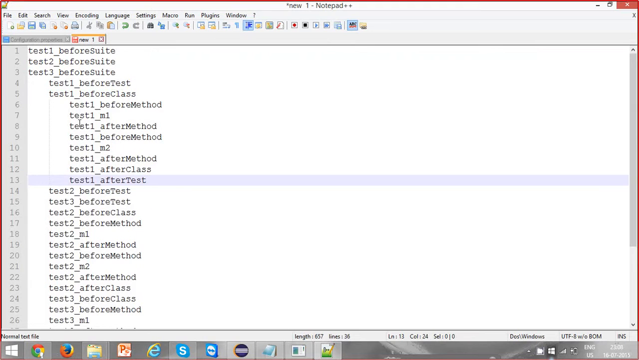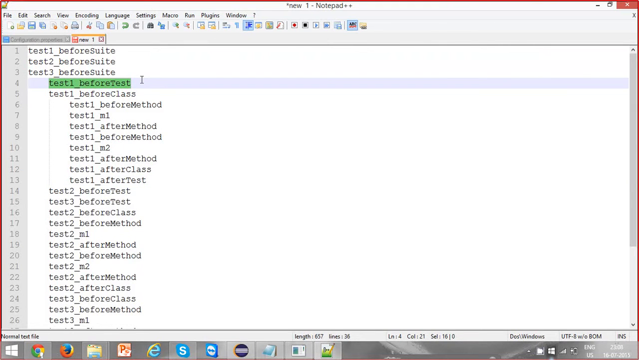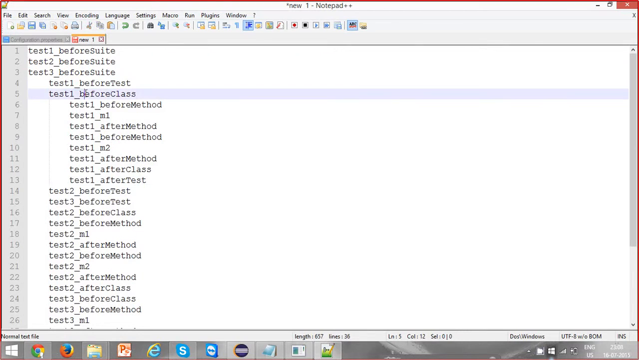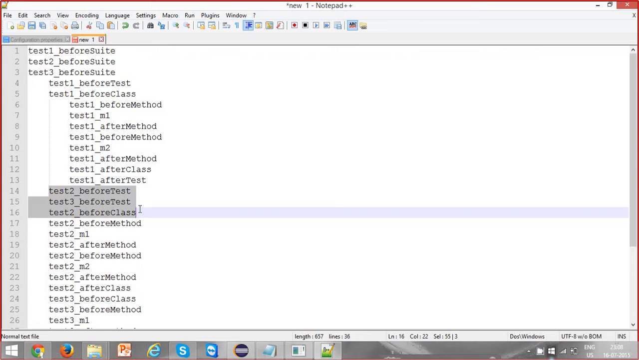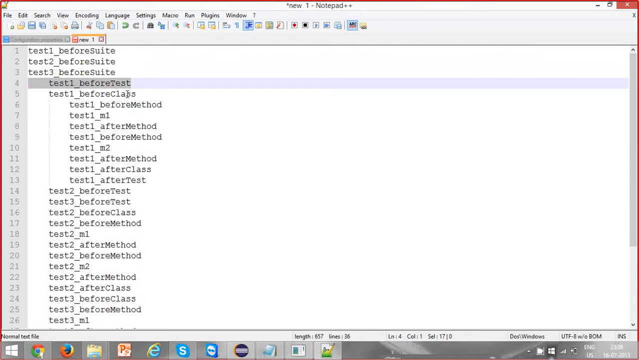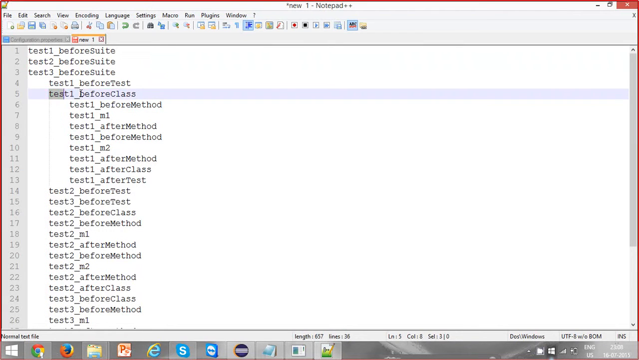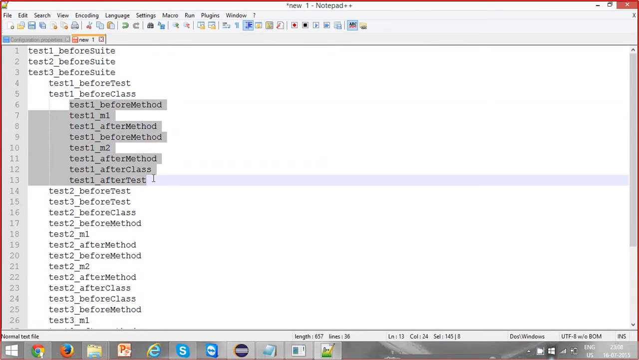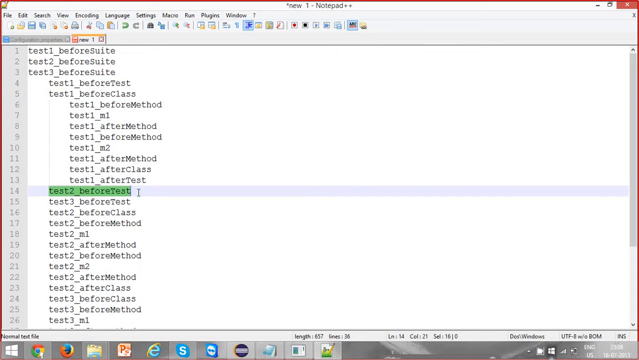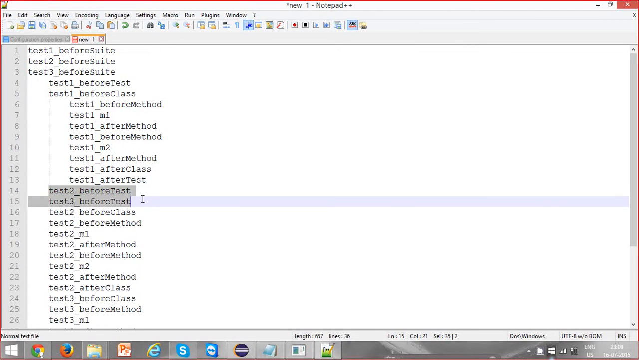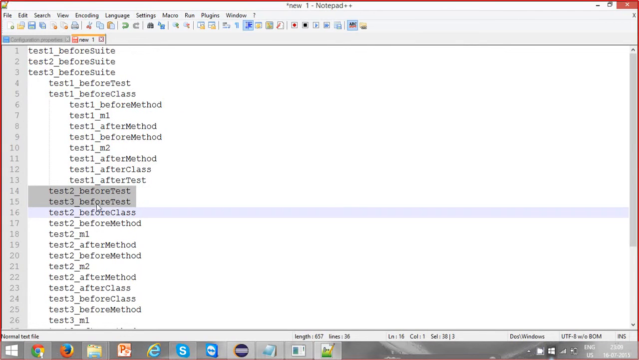And again if you see test 1 before test, test 1 before class. Okay, so this you need to make sure when it is really required, when it is not really required. So if you see test 1 before test is executed, and then test 1 before class is done, and then after executing all those tests, it got executed test 2 before test and test 3 before test. Okay, and test 2,